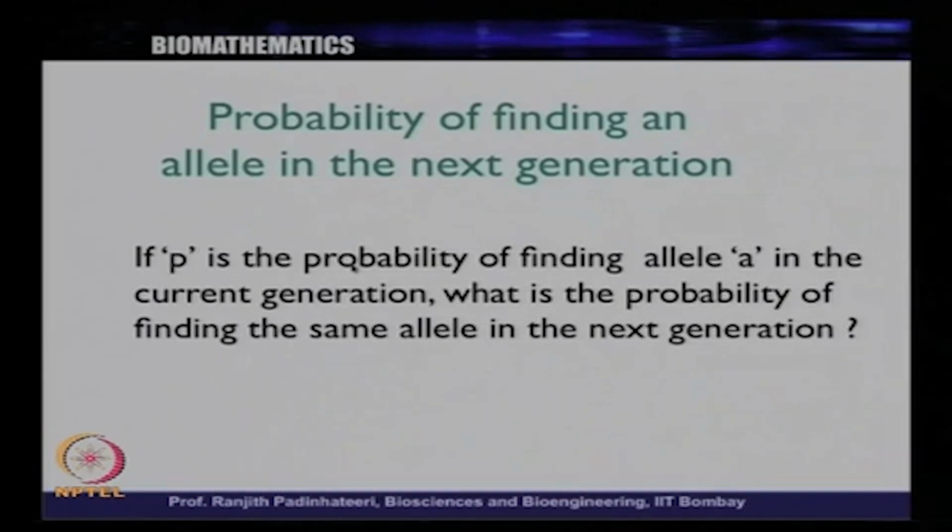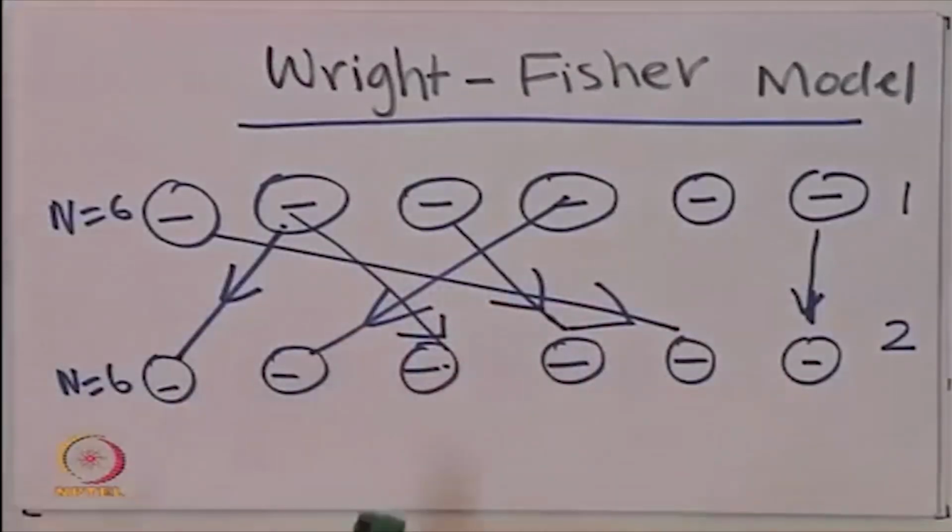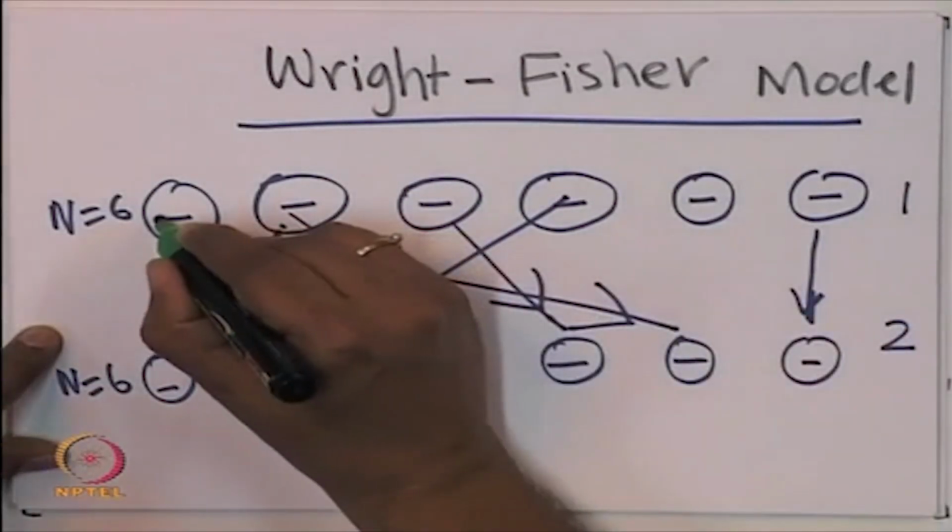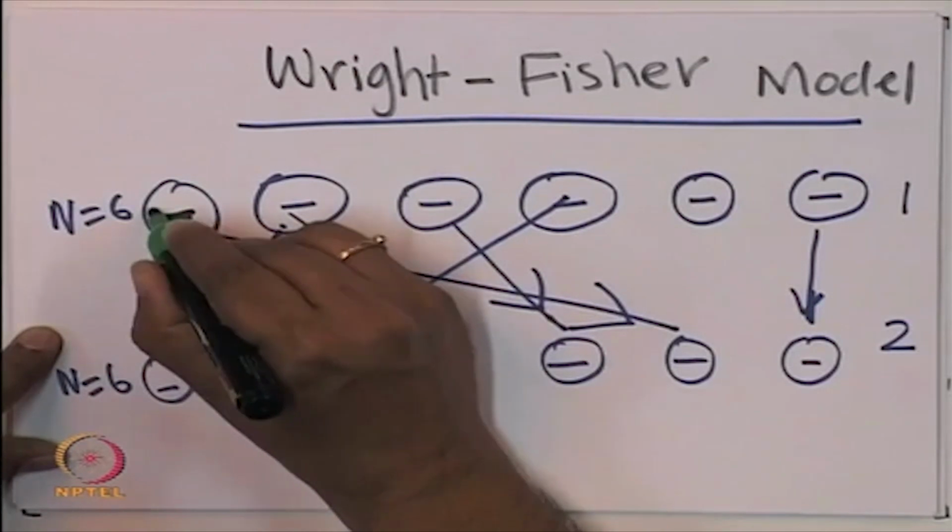So, we have allele A and allele B, and then you can ask the question, how likely is it that you will find the same allele A in the next generation? And the answer is a very simple idea that we learned already. We will discuss that, but let us understand what this probability is a little more carefully. So, let us look at here. Let us draw this a little more interestingly. So, let us color this